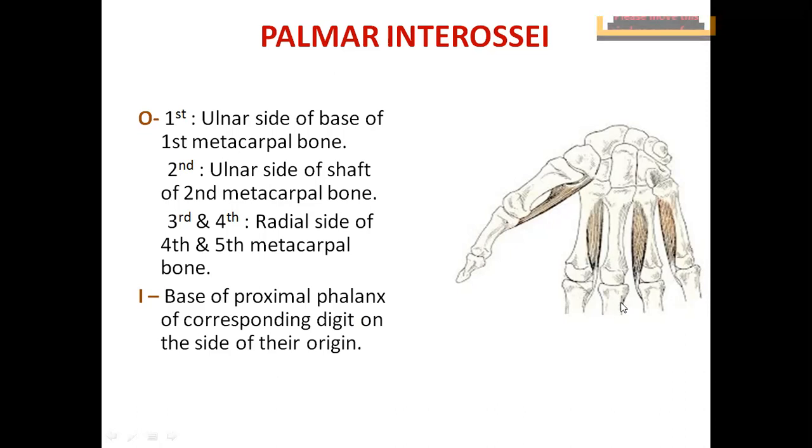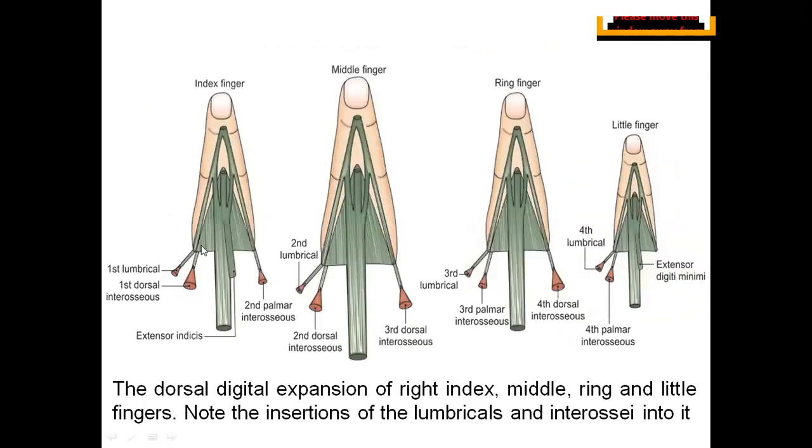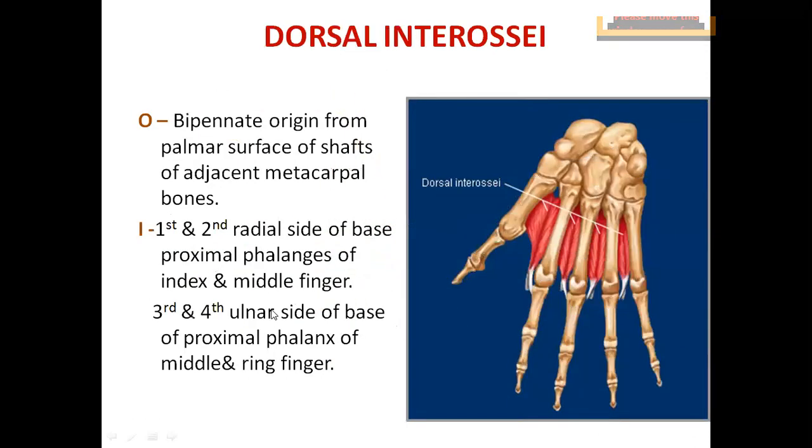Okay, like that. So if you just observe in the middle, the third metacarpal bone and the third proximal phalanx, they neither give origin nor do they receive any insertion of any palmar interossea. Now, to be more specific, these are getting inserted into the dorsal digital expansions.